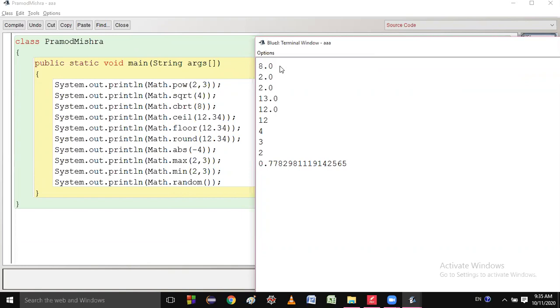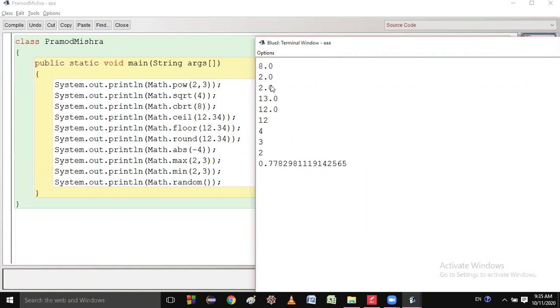Because it returns the value in double. Very nice. And Math.sqrt(4), you got 2.0, not 2, because it also returns double. And cbrt(8) gives 2.0, because the cube root of 8 is 2, and the result will be in double. Am I right, everyone?